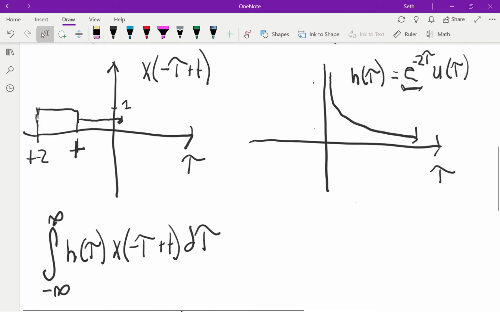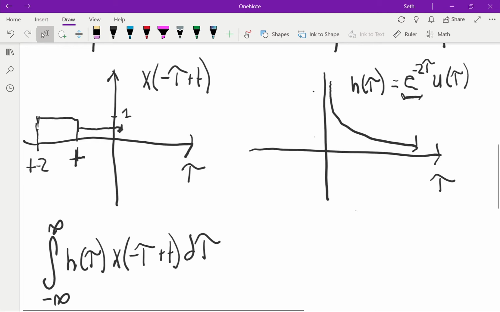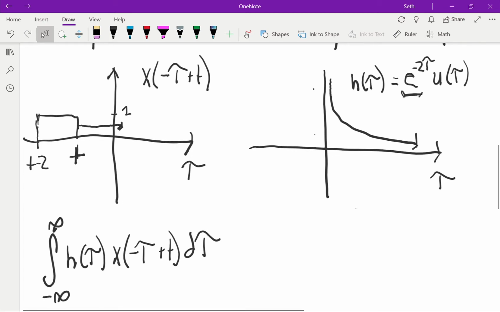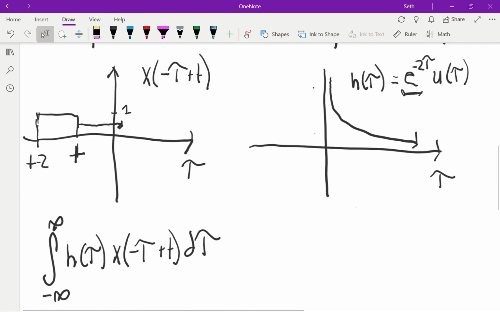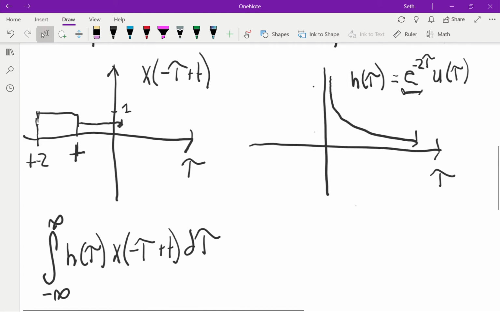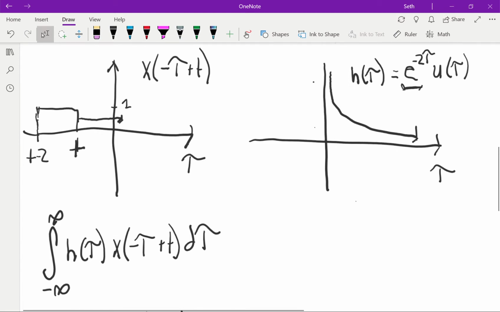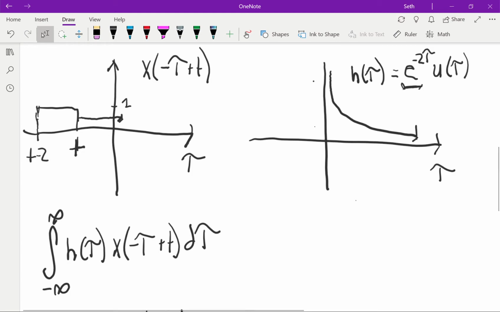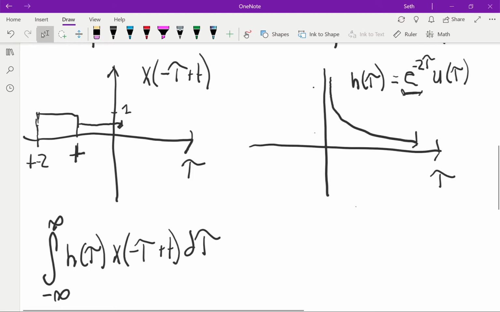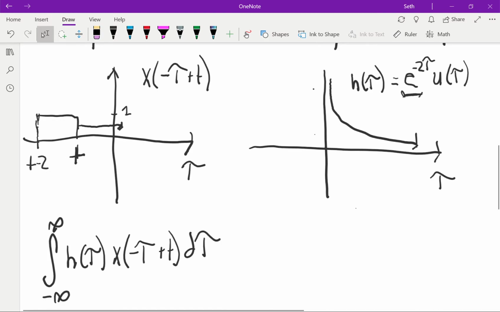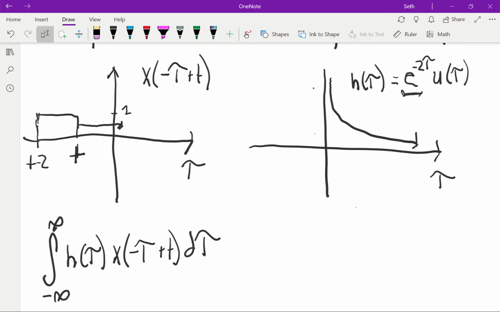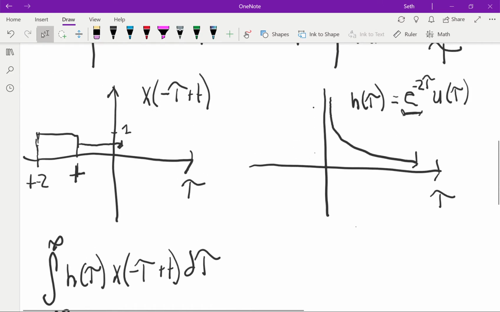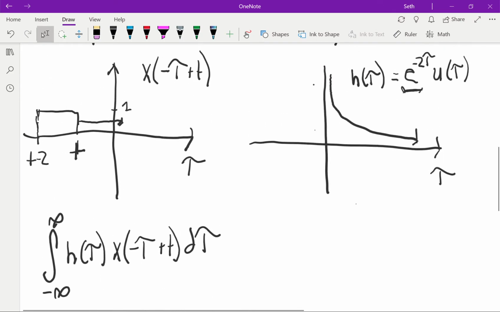quite easily. So in the area of overlap that we do have, that overlap is going to be from tau equals 0 to t, whatever t is. So the amplitude there of x of minus tau plus t is just going to be equal to 1. So we can just evaluate the integral of h of tau,